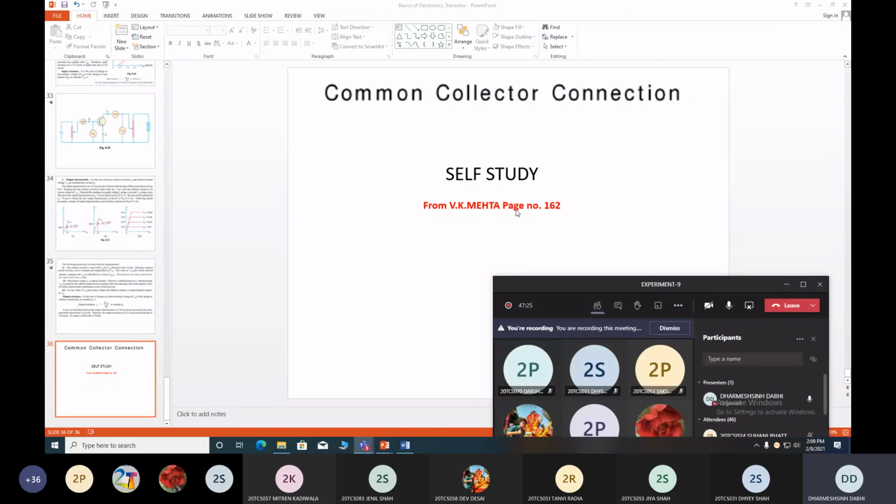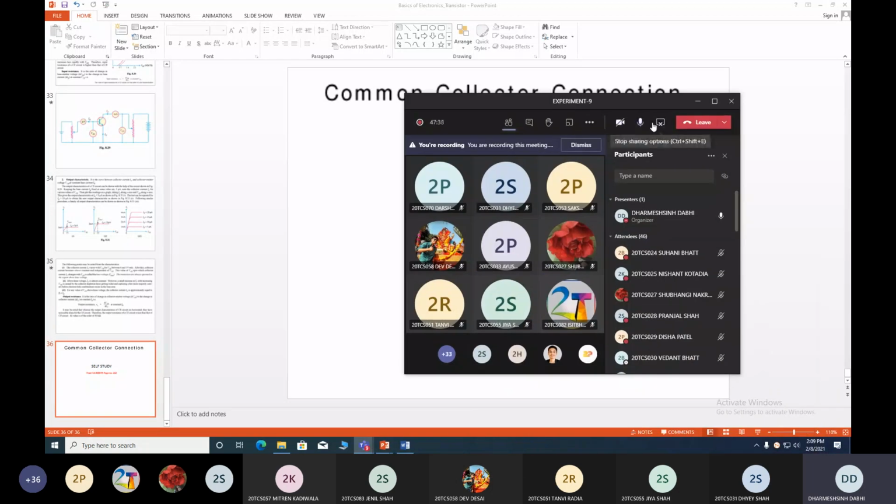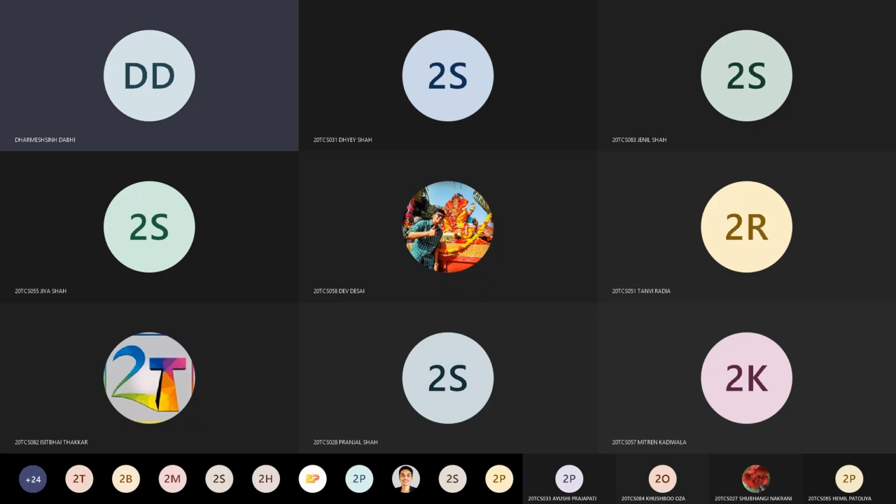And this topic is for self study. Okay, you only have to read it yourself. Clear? This is very simple, as we have studied the common base and common emitter topics, same as this common collector connection now. Yeah. So here I stop this lecture and best of luck again, and we will meet